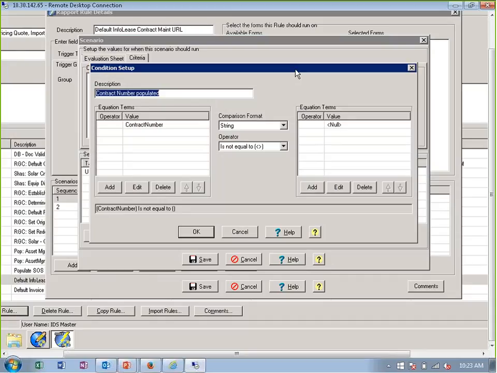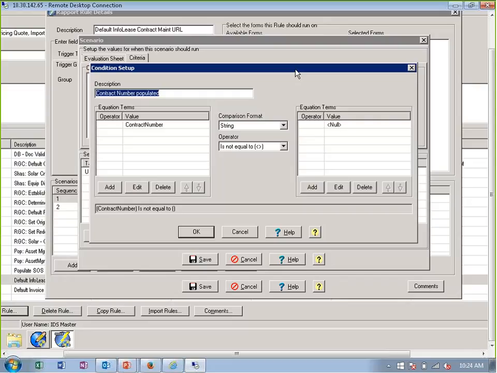Now, one thing that I wanted to make sure everyone was aware of on this particular criteria is that you can evaluate if something is not null. And that's something that was a little bit harder to do and a little bit more cumbersome as a part of the scenarios using the evaluation previously. So it was possible, but it was a lot of additional scenarios, where now you can just have the criteria right out of the gate to say, if